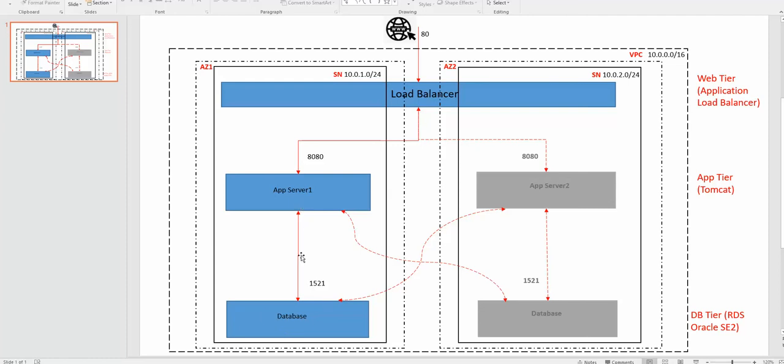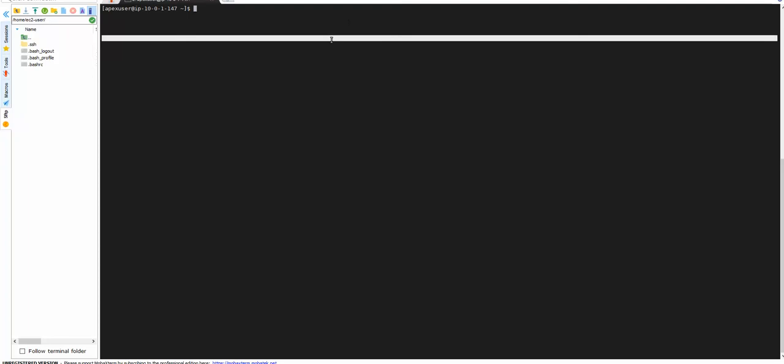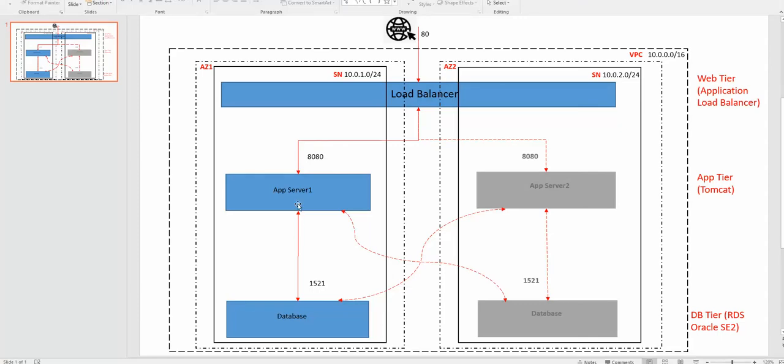But how about from the app server? Do we have database connectivity from the app server? Because we allowed access to the app server, right? Let's go back and verify that one. I'm in my EC2 instance. Let me try to connect with SQL*Plus, no log. Okay, all right. And then I'm going to connect to my database from here, from the EC2 instance itself. Connected. So that means this traffic is still allowed, but the external traffic is not allowed from there and here, right? So that is pretty much what I wanted to cover.